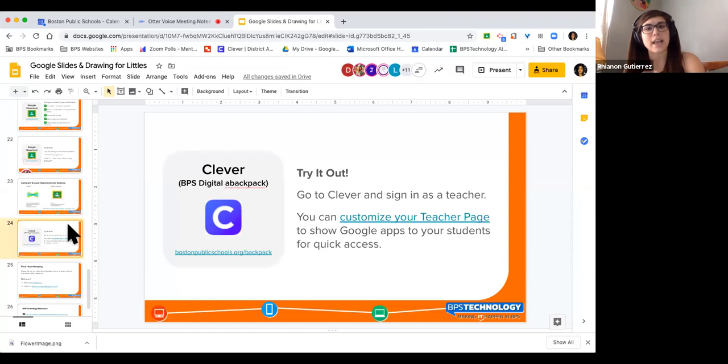With that being said, adding things like those assignments in Google Classroom, those check-in templates, those activities, if you are a classroom teacher with a schedule in Aspen, you can post that to your Clever page. Otherwise, you will not be able to do that. And all you can do in Clever really is just access links, because Clever is that one-stop shop for links. The customization only happens if you're a teacher.